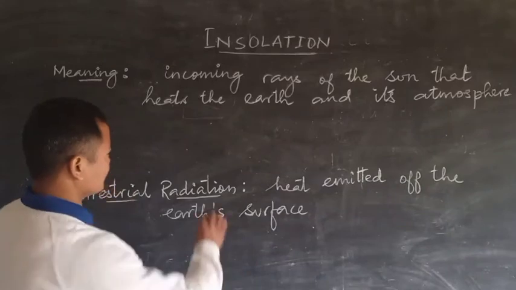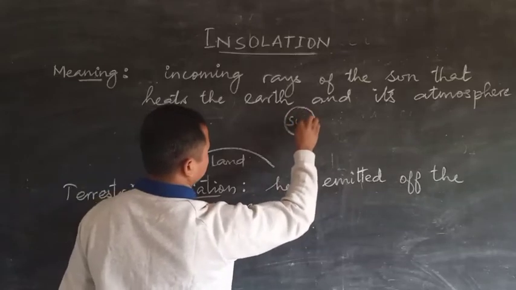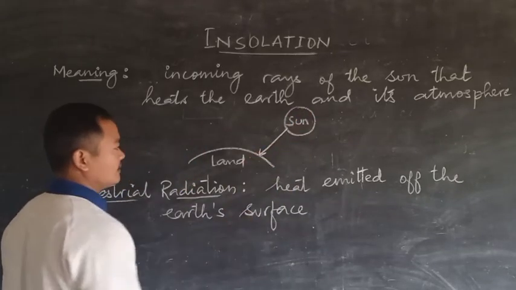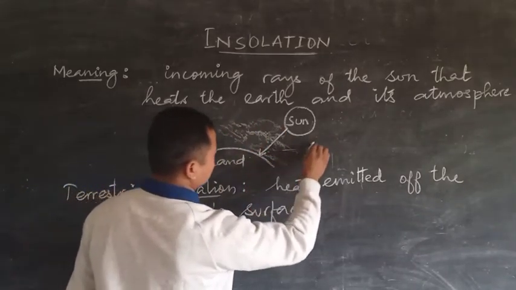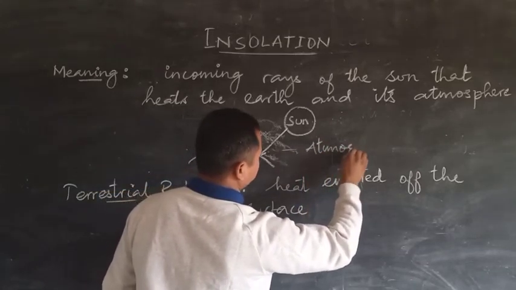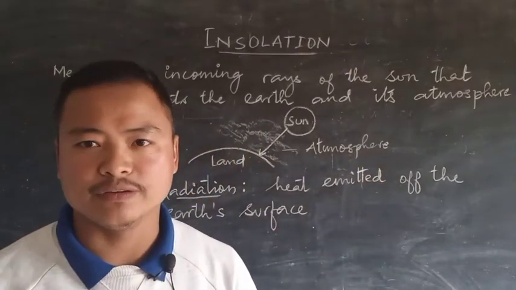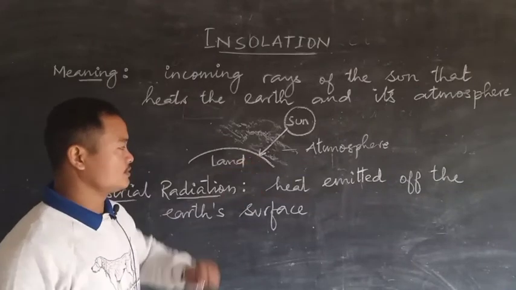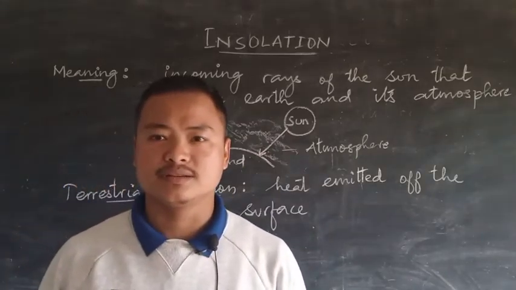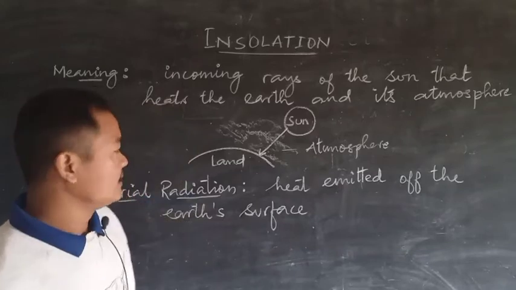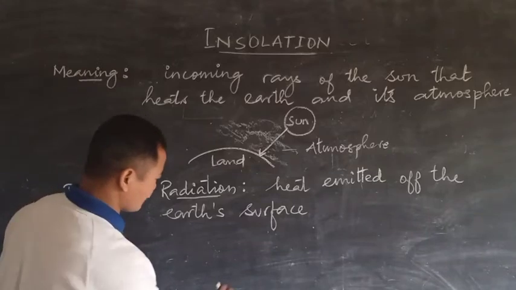Now this insolation, for example, you see this is the land and we have the sun. The rays of the sun reach the earth's surface, and before they reach the earth's surface, they happen to pass through the earth's atmosphere. So this atmosphere absorbs some amount of heat. At the same time, the heat also reaches the earth's surface, and this incoming ray is known as insolation received by the earth. Now this insolation is heating the earth's surface, and what happens later is